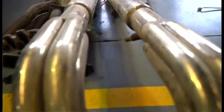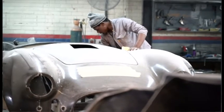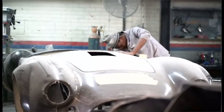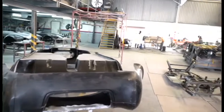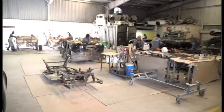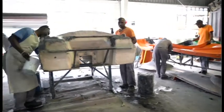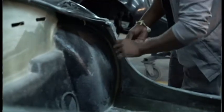That kit, should I call it, which is numbered. All our cars have an international 17-digit VIN number, and they are homologated in South Africa as a production road car. I think possibly one of the only replicas in the world that are classed and certified as a production car. Right, that kit goes through to our composite shop,